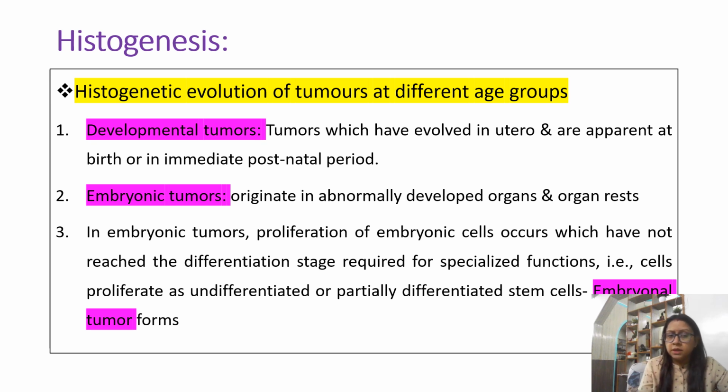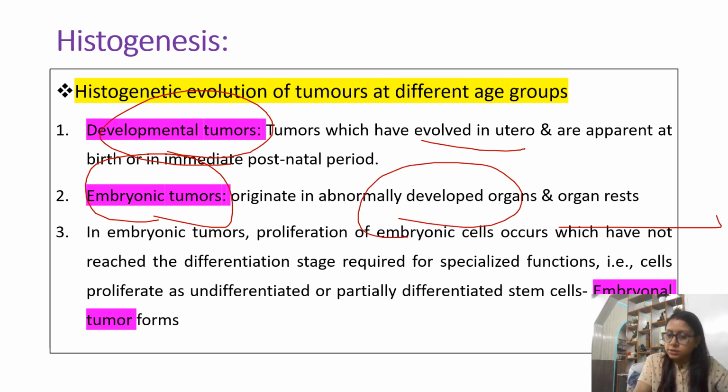What we have to remember is the histogenesis. What is the basic mechanism which is involved in generation of these tumors during this age group? So this histogenetic evolution of tumors at different age groups: some are developmental tumors, like tumors which have evolved in utero and are apparent at birth or in the immediate postnatal period. Then certain tumors are embryonic tumors that originated in some abnormally developed organ or some organ rests. From that they developed. Then in embryonic tumors, there is proliferation of embryonic cells which have not reached the